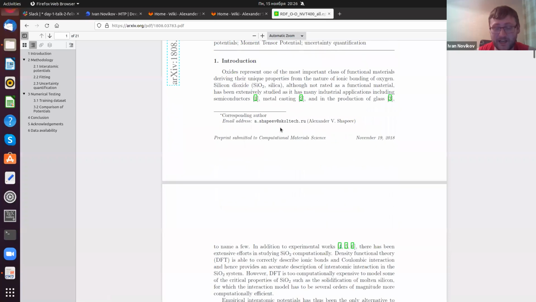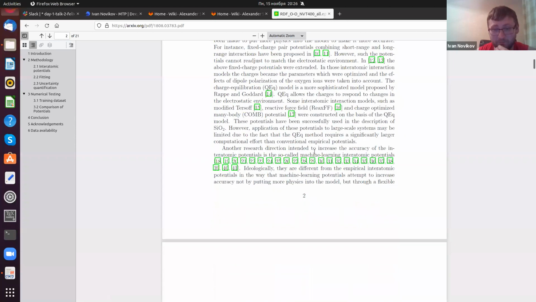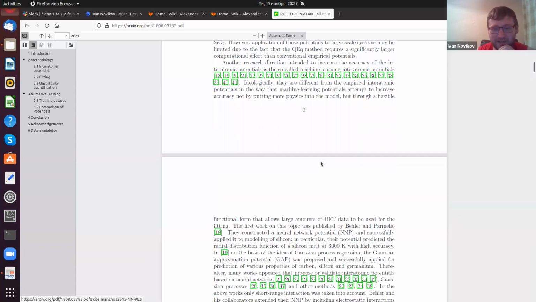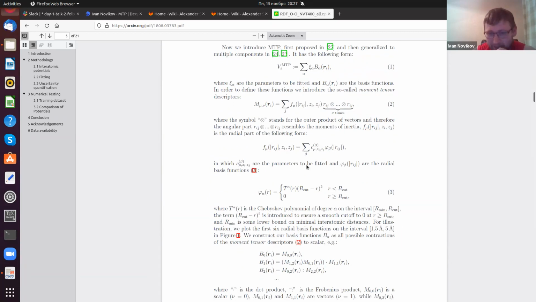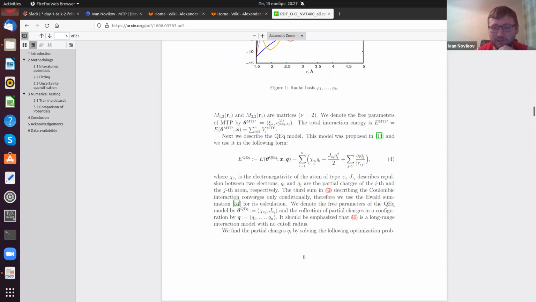As we realized, the main conclusion of this paper is that the charge equilibration model doesn't help to improve the accuracy of the moment tensor potential, at least in an automatic manner. We tried to optimize the charge equilibration model coefficients automatically, by adding the model with these parameters. We tried, but we did not find that it helped. So the short answer: for the moment, no, these long range interactions are not implemented in the MTP code,